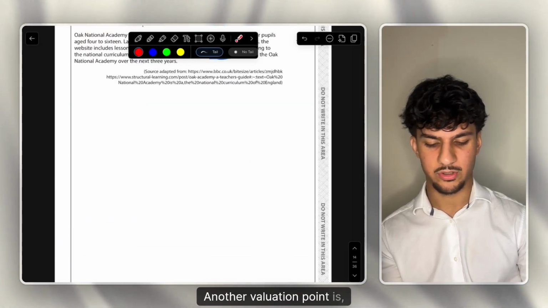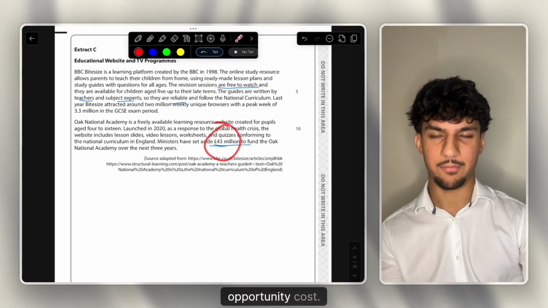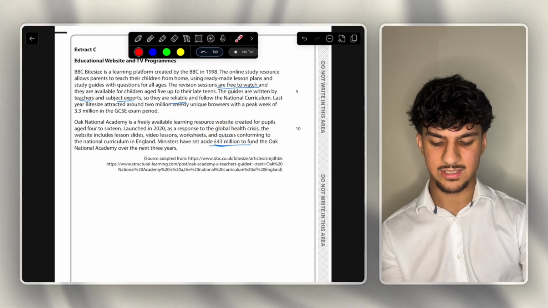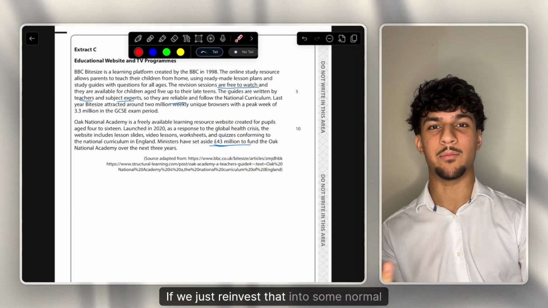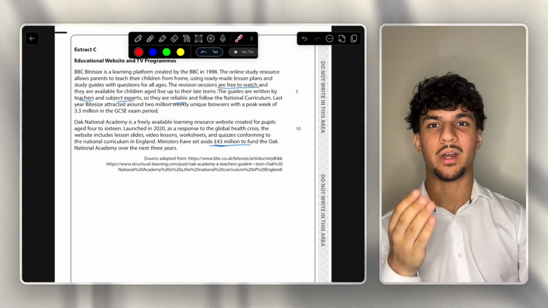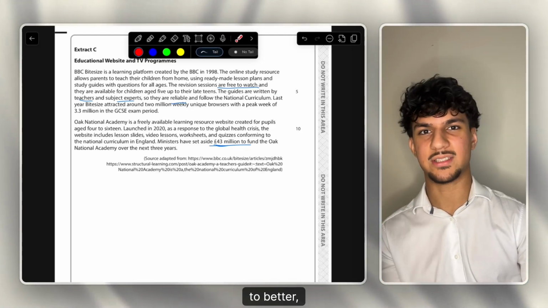Another evaluation point is, of course, classic opportunity cost. Spent 43 million on online services. If we just reinvest that into some normal in-person schooling, maybe it would actually lead to better benefits, a better